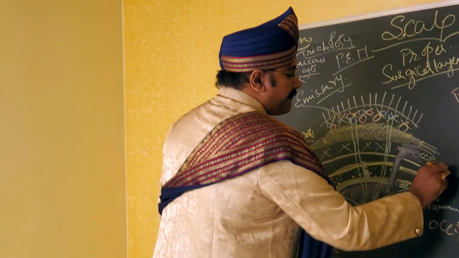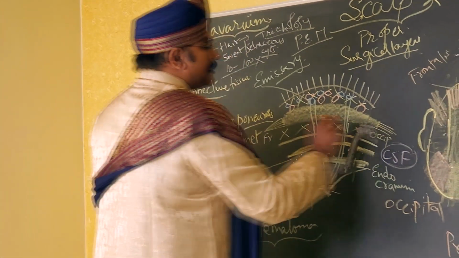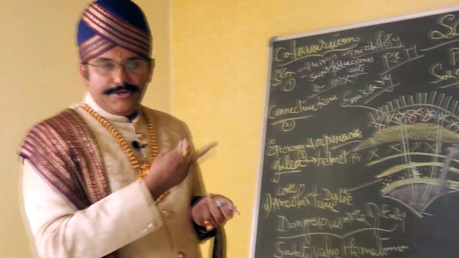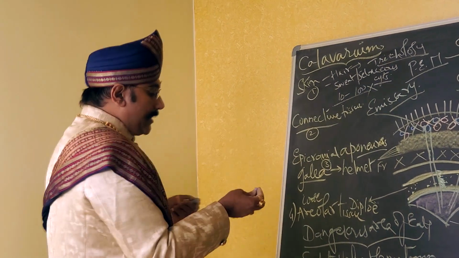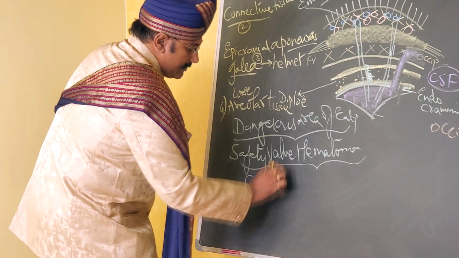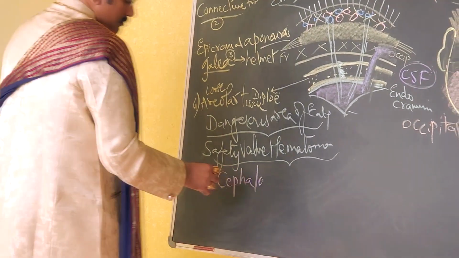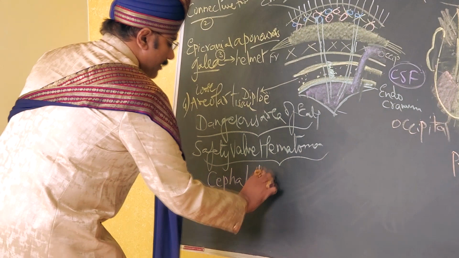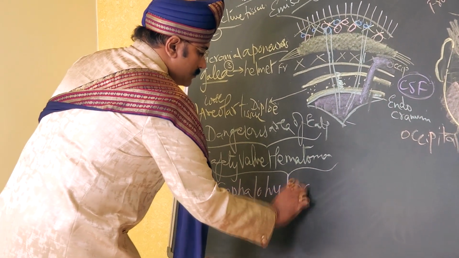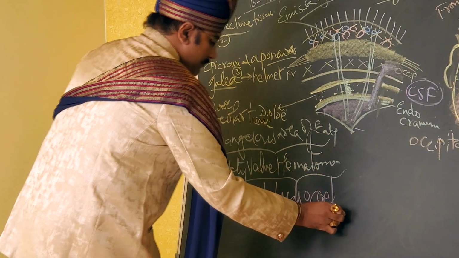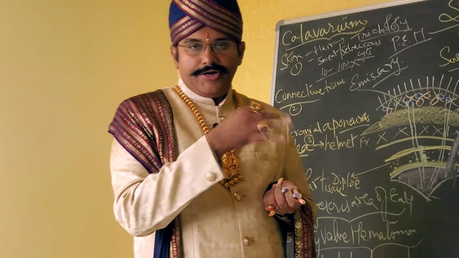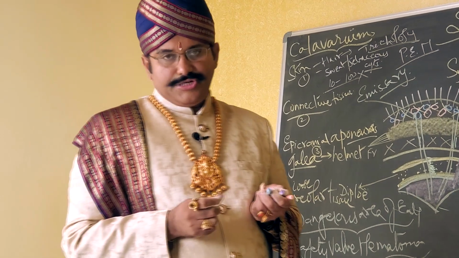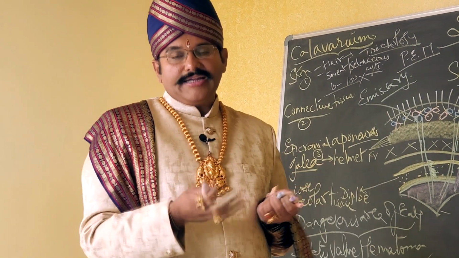Sometimes CSF can also escape into this space, into the loose areolar tissue. You can have CSF also escaping. That time it is called cephalohydrocele. So what is this cephalohydrocele? Wherein you are having the CSF escaping out into the loose areolar tissue, okay, and it is giving time for